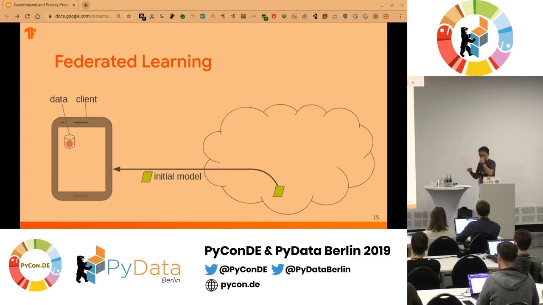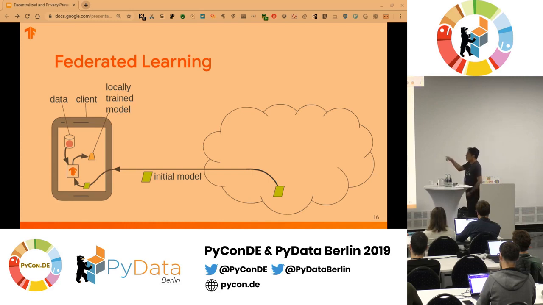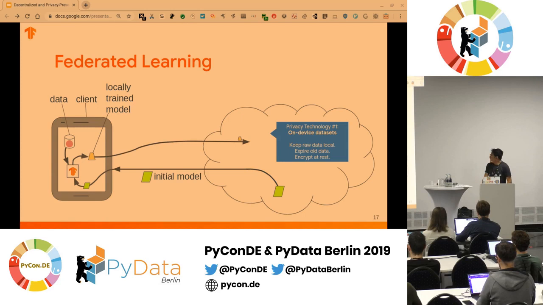So that technique doesn't change. Then the client trains on that data, and you get the locally trained model. And then the locally trained model, and just the model, the model update, not the data itself,